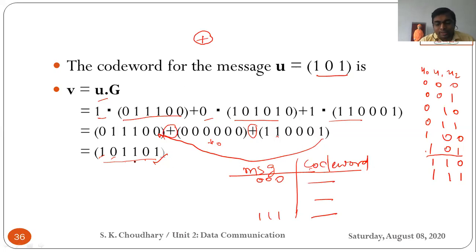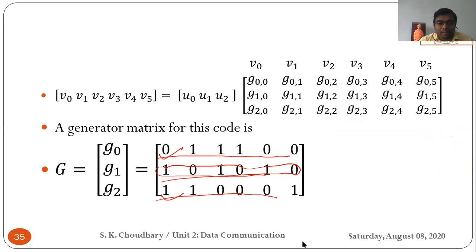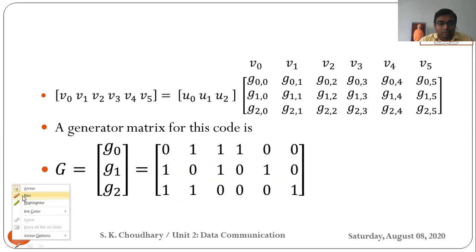Okay, in this question we have already given you the code words in the form of a table, and you have to first generate the generator matrix from that Boolean expression, and then finally cross verify it. In general questions, what we ask in the examination, the generator matrix is already given. This value is already given.